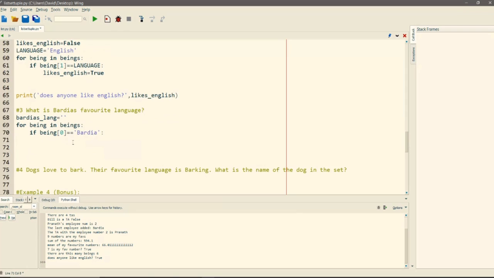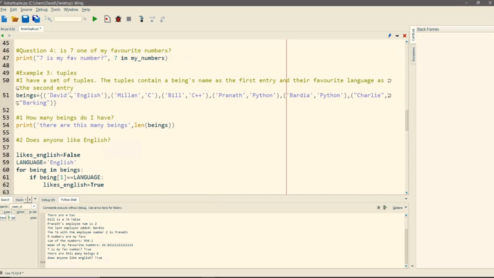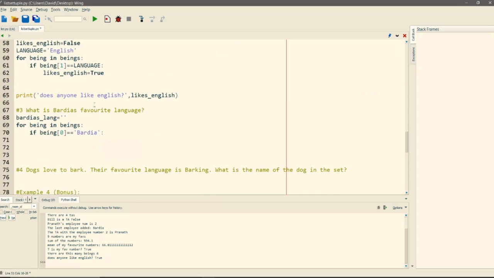So we're going to say if being[0], so if we scroll back up, the first entry is the name. And the second entry is going to be the language that they like. So we want to say being[1] is going to be Bardia's language. So we're going to say bardia_lang. Sweet. So now we can get Bardia's language.